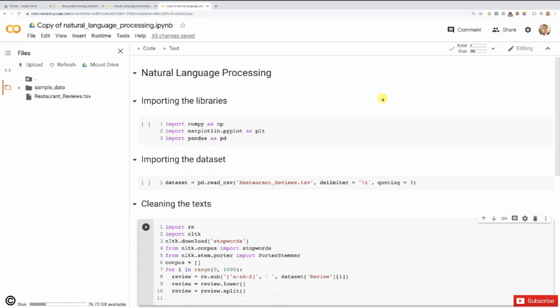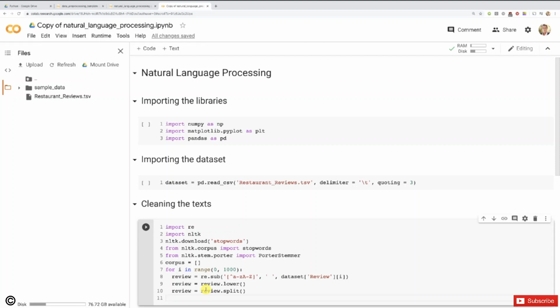Let's do this. So just to recap on what we did so far, we made this for loop to treat each review separately and clean each of them separately. And the first thing we did for each of these reviews was to replace all these non-letters by spaces. So basically all the punctuations by spaces. Then we turned all the letters into lowercase. So all these capital letters were turned into lowercase, and finally we split each review into its different words,